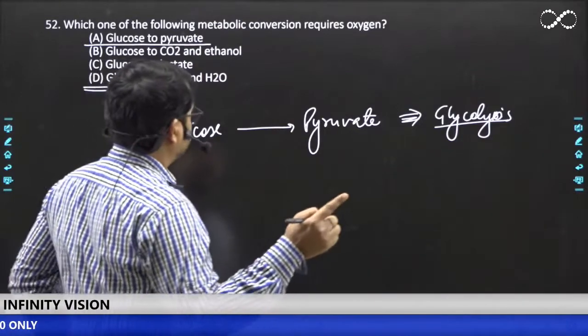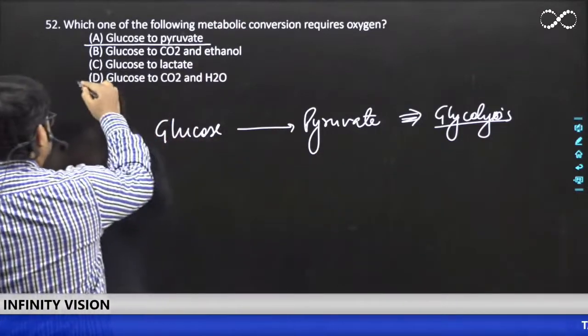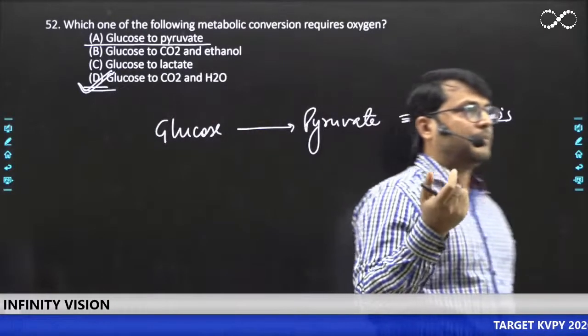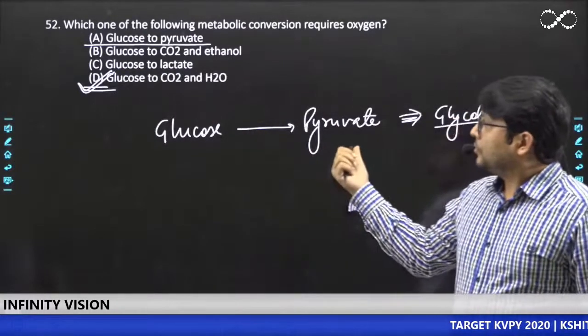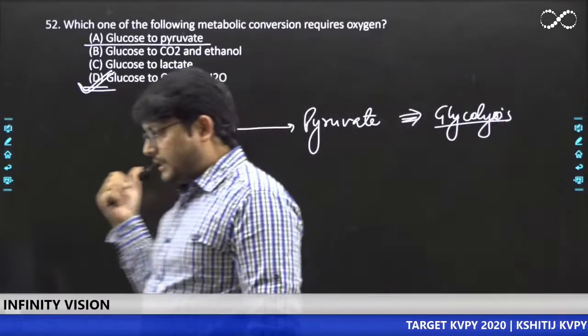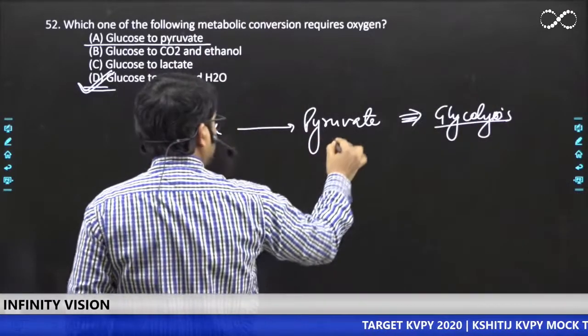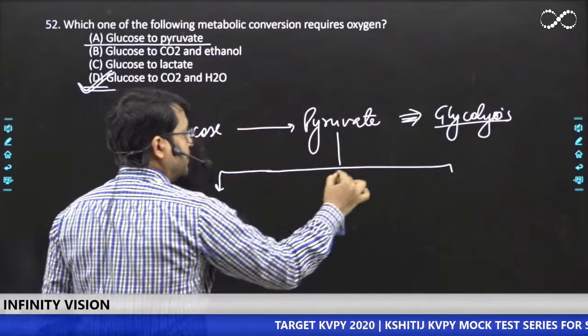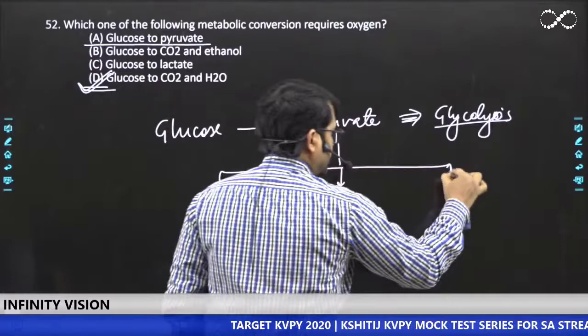Okay, so the correct option is D, that is correct, है ना? और आप लोगों ने जो बोला है वो बिल्कुल सही है, correct? So glucose to pyruvate is glycolysis, and that is an anaerobic step. उसमें कुछ नहीं होता है. Now this pyruvate can have 3 fates, and that is going to be different in different kinds of respiration.